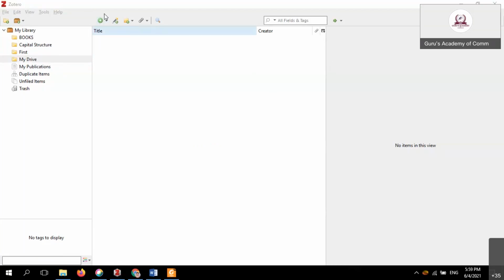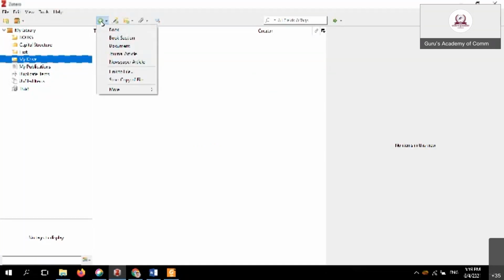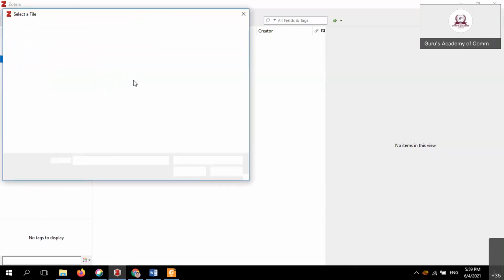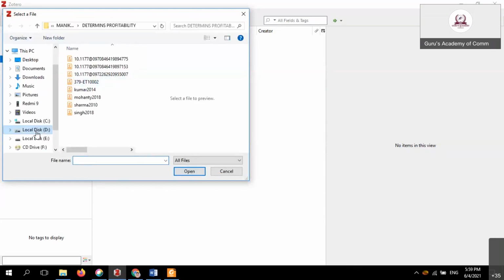Now go to the plus symbol, the green plus symbol, and choose store copy of file. Okay, are you clear? Are you able to understand? Go to the green plus symbol, store copy of file. Go and search your area.